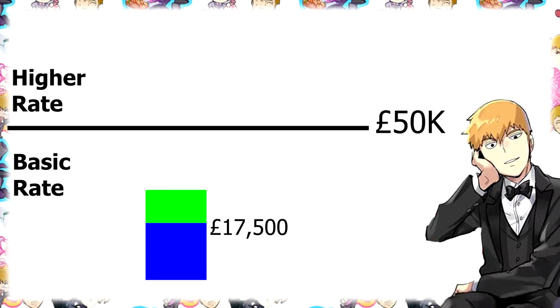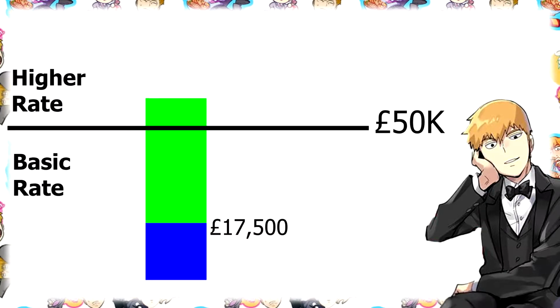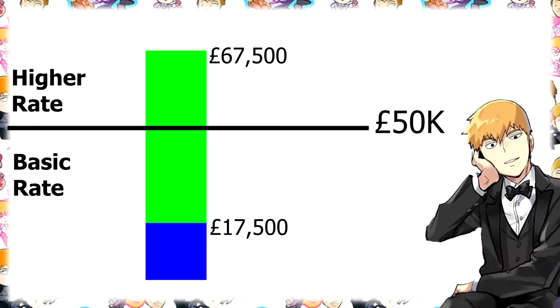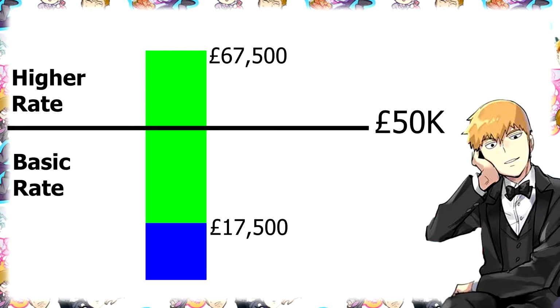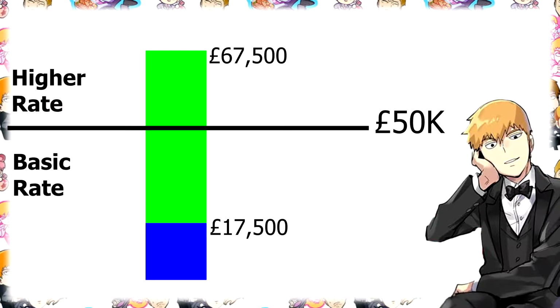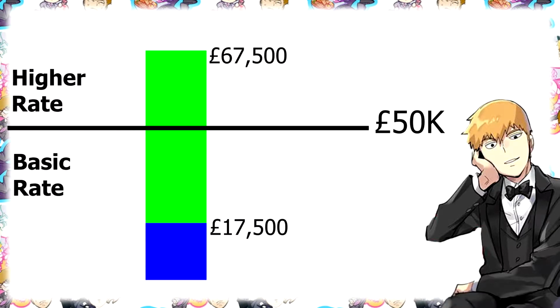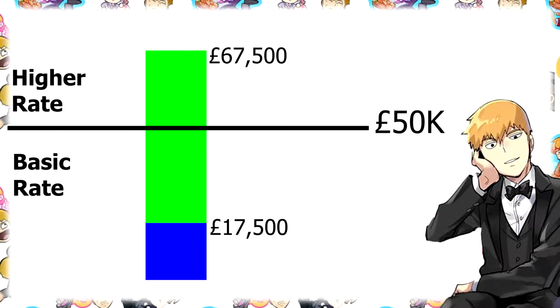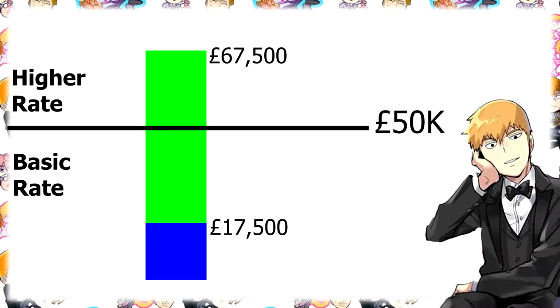As you can see from this infographic, anything in the UK that is above 50k is charged at a higher tax rate, and anything below 50k is charged at a basic tax rate. The blue will represent your actual salary and the green will represent your gains. Because these are 2 different types of incomes, they will be taxed completely differently based on the bands that they fall into. So as you can see, the total amount of income that you've got for this tax year has added up to